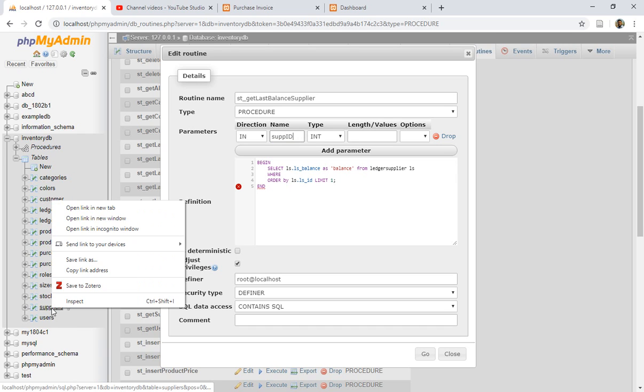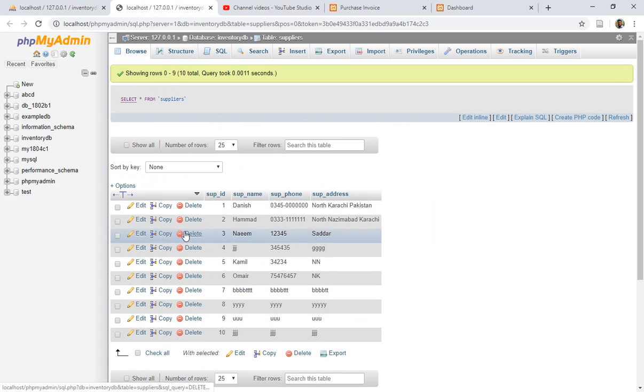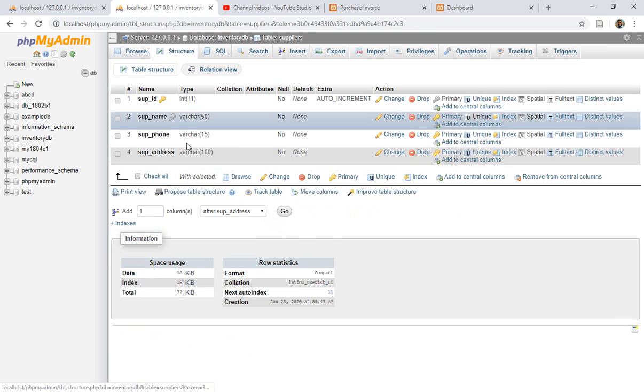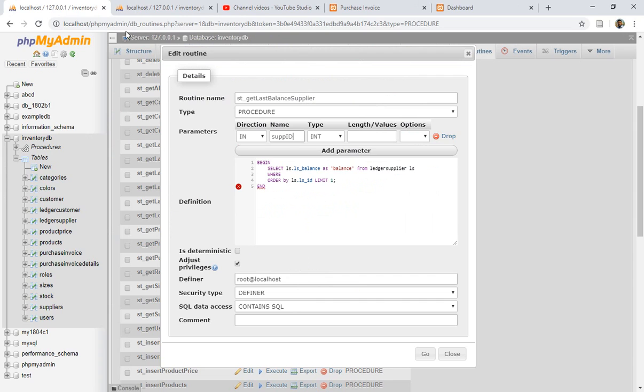Let us check suppliers, right click, because I want to get the balance of the supplier specifically, right? So supplier ID is integer, so fine. So integer supplier ID, so where I have to write it, where ls.supplier_ID is equals to